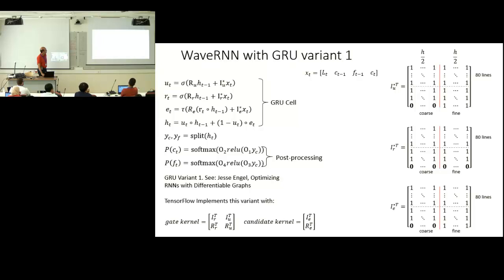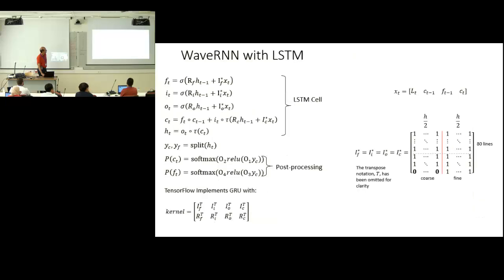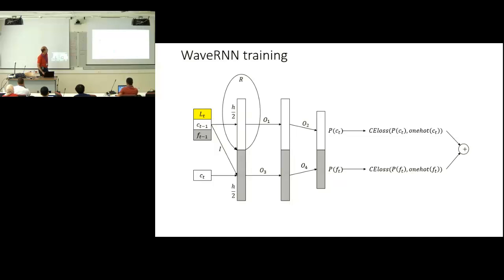And here is how we can use the masks, the input masks, in variant 1. One may also use an LSTM network as a WaveRNN, so the kind of network is not restrictive. The original paper used the GRU, but you may use any other kind of network that you believe can work well and does not have gradient vanishing problems. These two networks are known to have at least reduced the gradient vanishing problems.